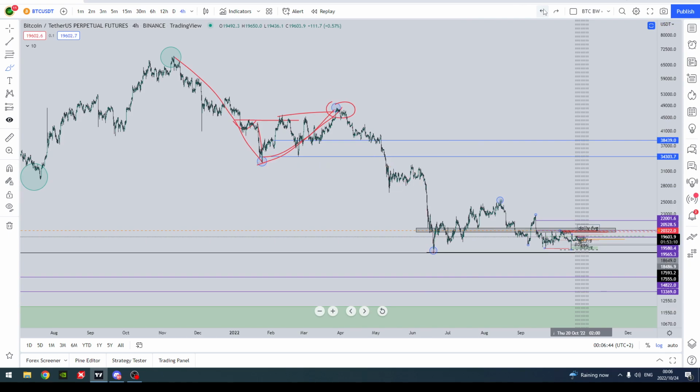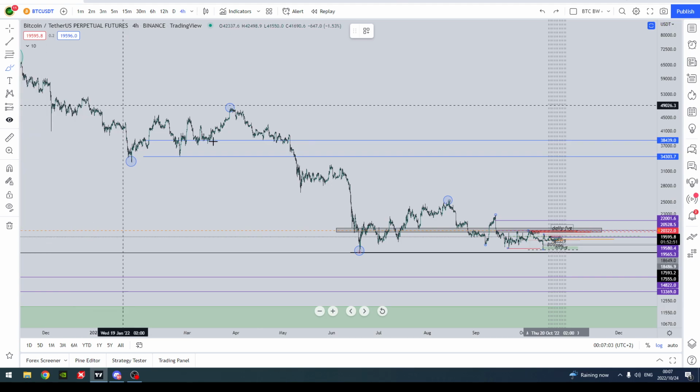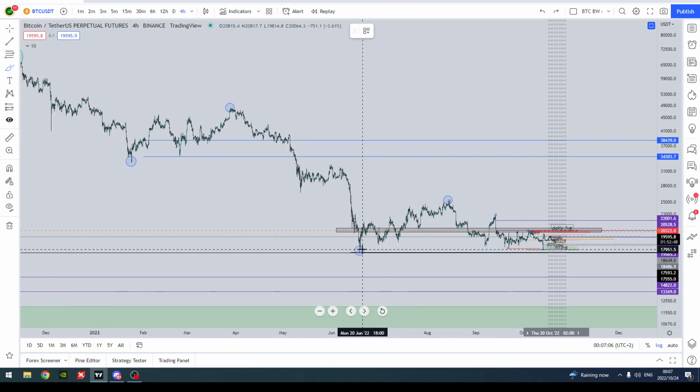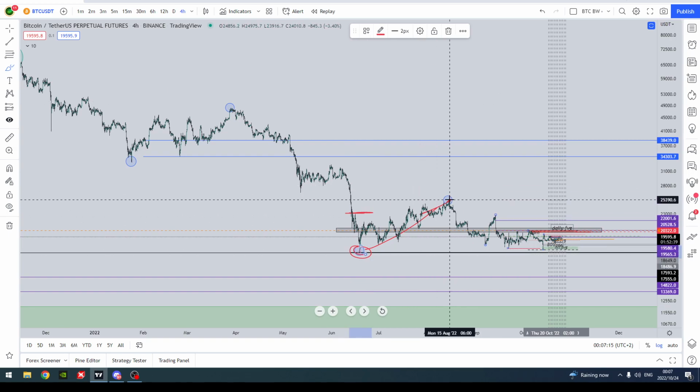Now when we get to this point here, I've marked it as a low, and it will remain a low until we break it, right? But it's not confirmed. So it's not confirmed that this is a lower low here. Now we had a pullback to the top side here, which broke structure here. So I'm going to use this for now as the lower low, and until we break structure down here, this